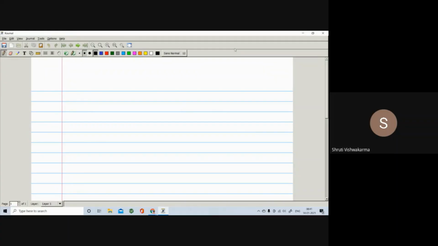Today we will see some examples on retrosynthetic analysis. Last time we have seen what is meant by retrosynthetic analysis, their terms and their examples. So we have taken some of the examples.